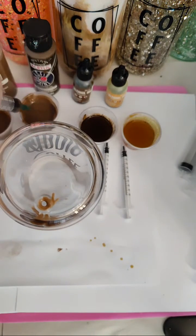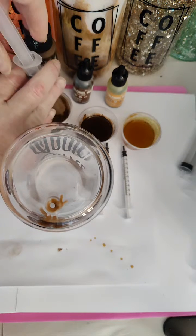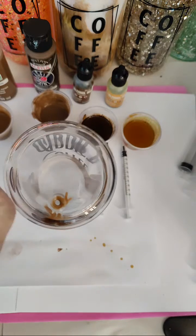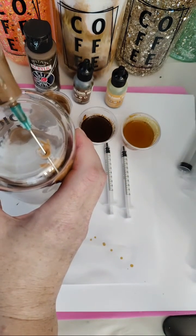I'm going to add a little bit of that brown, that darker color. And I say a little bit because it doesn't take a lot. I feel I've got some suction going on here with this one. Let me try and do this without the needle on. Sometimes you get air in there and it just does not want to suction up. So I'm just going to suction it, and then I'm going to put the syringe back on the top. And it's a twist on, so I'm literally just twisting it back on in place. Okay? All right. So I'm going to add just a little bit of the dark, because I want some,